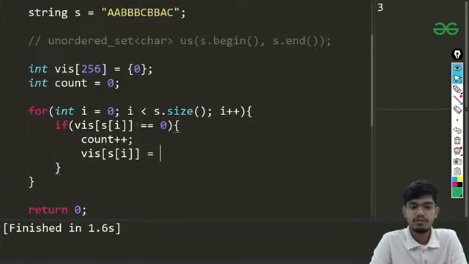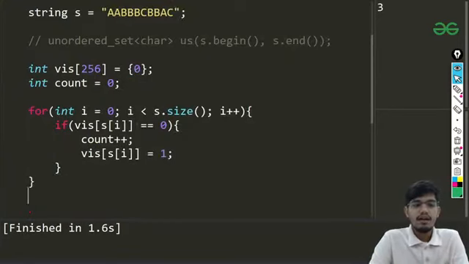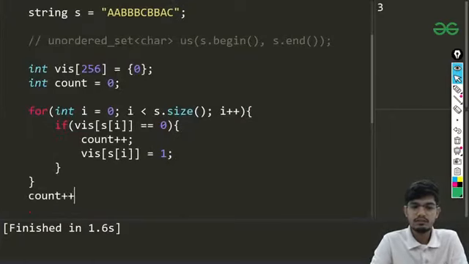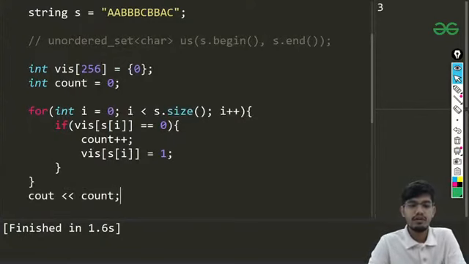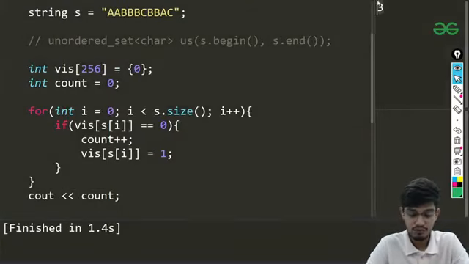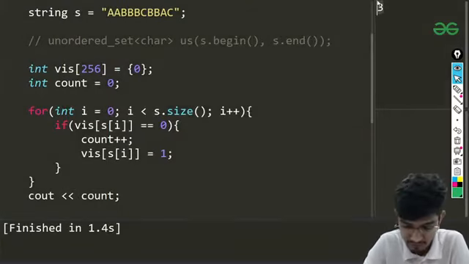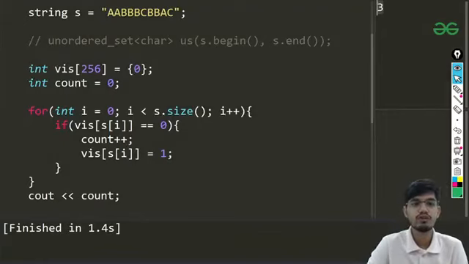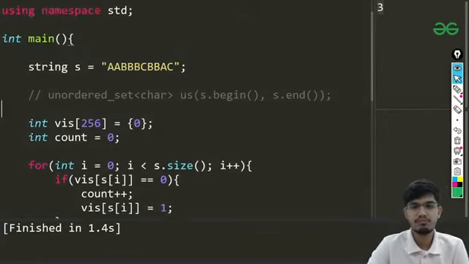Okay, so I'll be just setting that as 1, and at the end I'll be just printing count. Let us try to run now, and you can see we'll be getting the same output as 3 which we were getting before also. Okay, so that's the part.